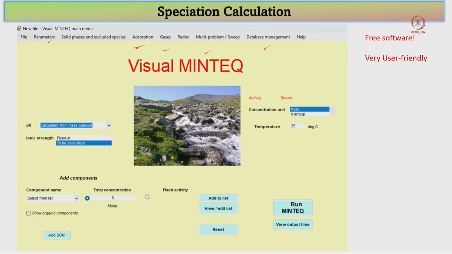But for our speciation calculation, our main input will be here as a parameter, and in here, that is pH. If you want to add the ionic strength, if you add the components, if you have organics, for instance, if you are working in a lake, river, seawater, of course organics will be extremely high. Even in very dilute waters such as glacial water and all that, organics is extremely important,